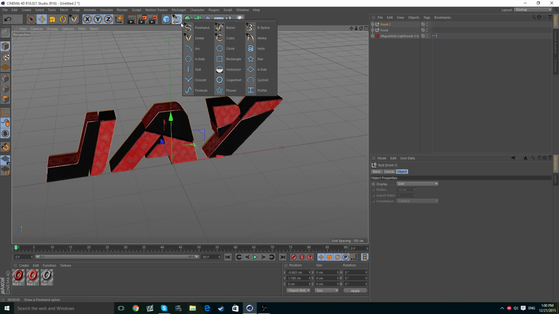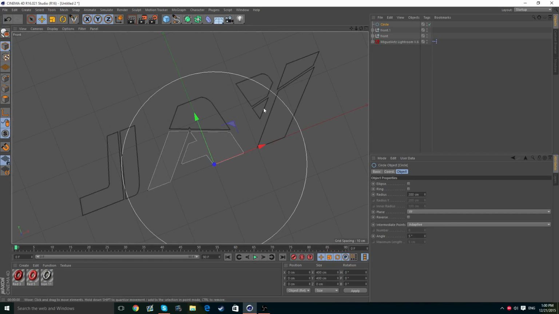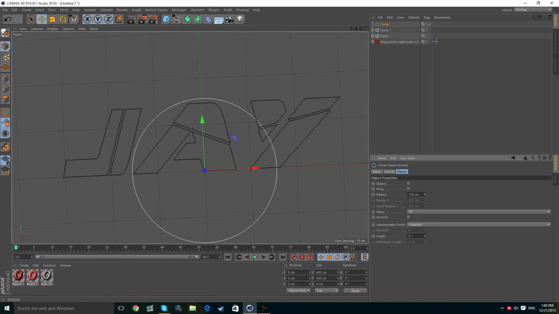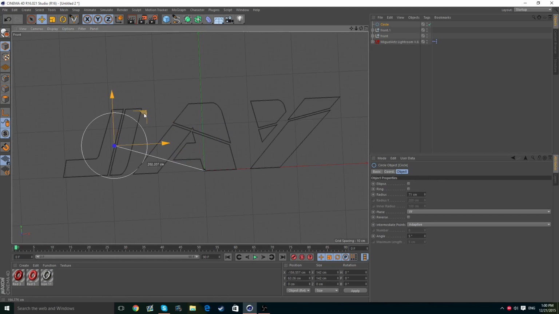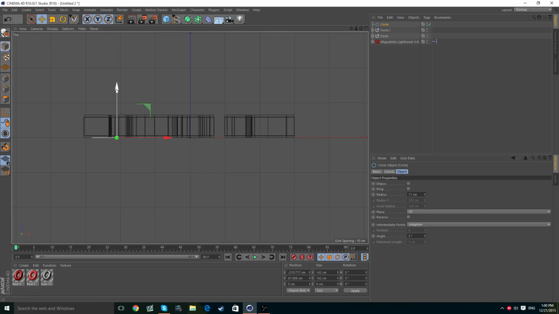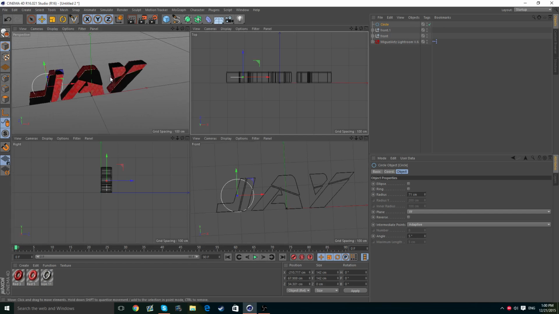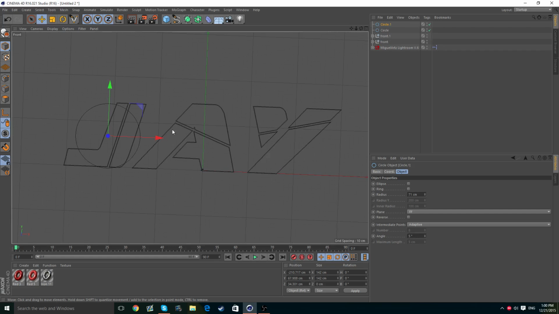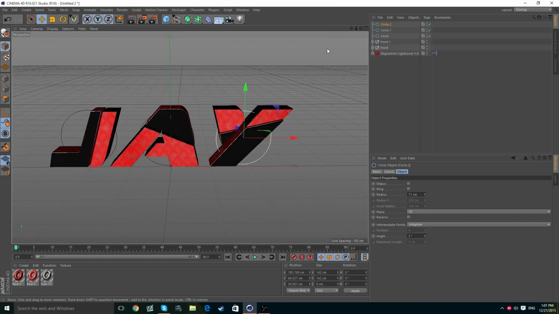So what I usually do is I create a circle, go to my front mode, don't know why it's rotated like that, make the circle fairly small, and put it into the middle of where your letter is. So that looks kind of near the middle. Just going to take that right in the middle. Okay, copy that circle, place it in the middle of the A, that's near enough, middle of the Y, that's near enough. So we've got 3 circles, so I'm going to label them, J, A,